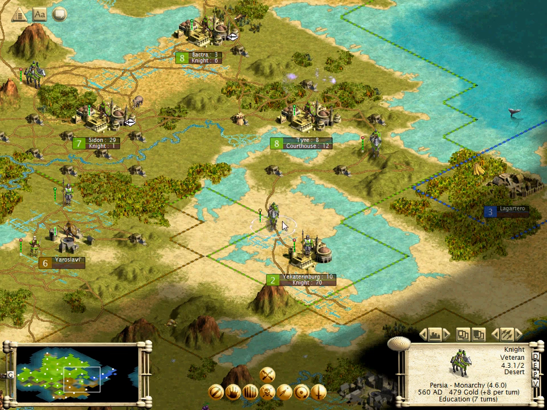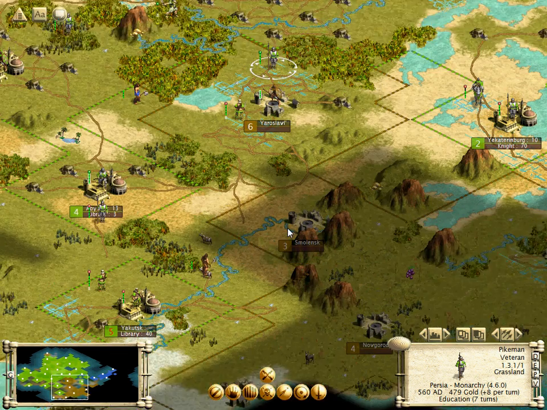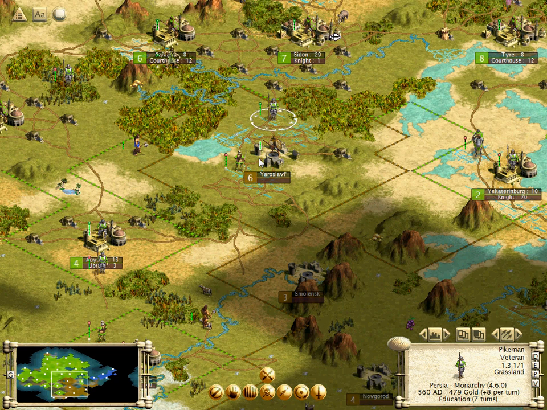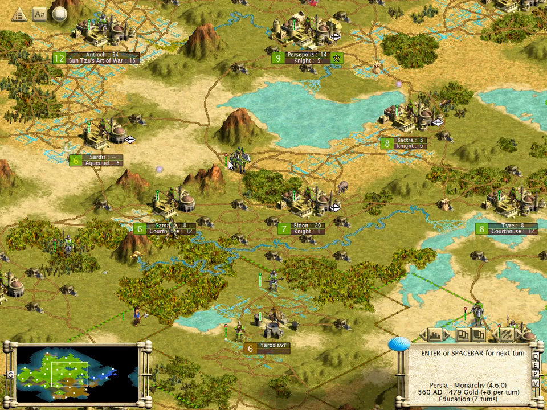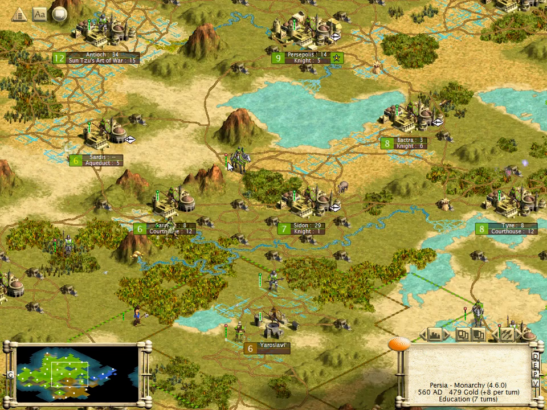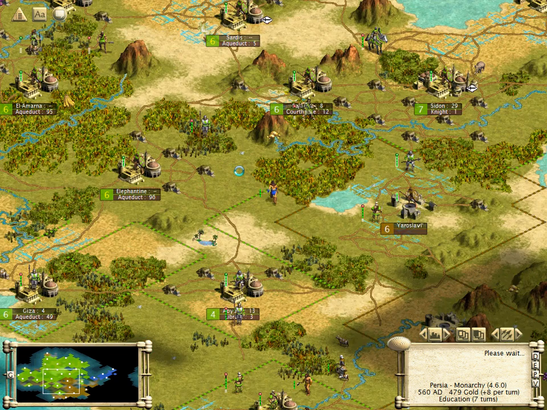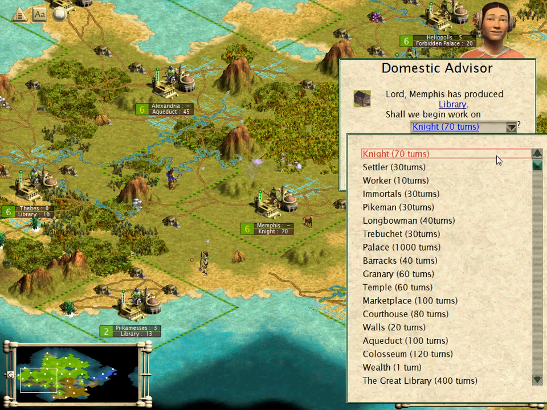Especially the captured workers, who are a lot less productive, and who we're going to have quite a few of. We'll probably set those to automate as well, or at least all of the captured workers, since they're not really good enough at what they do to warrant micromanaging each and every